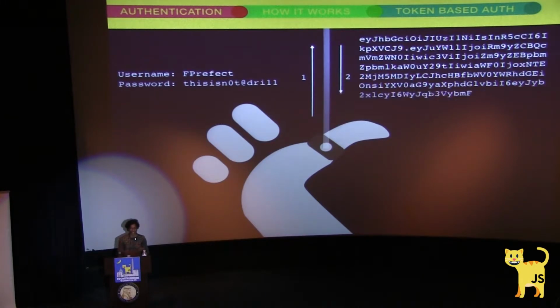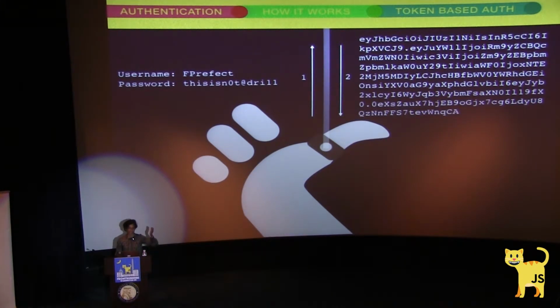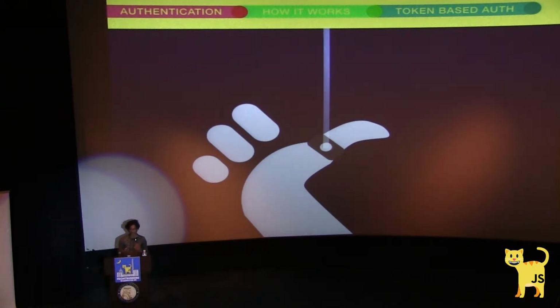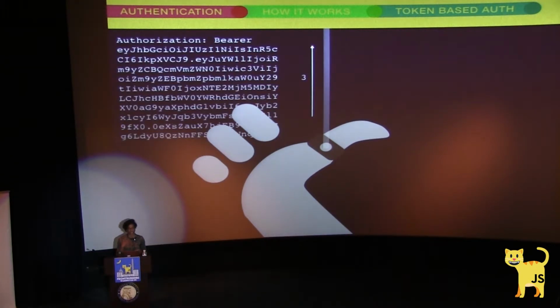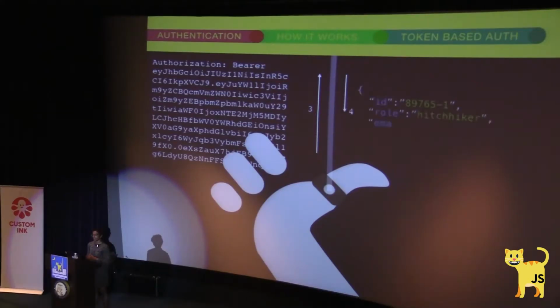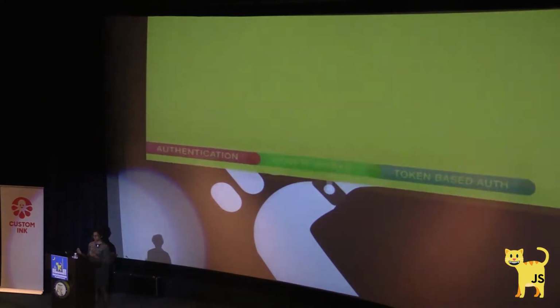And so the idea is that you're sending, again, the same username and password. You're posting that to the server. And then the server gives you a random string of text or characters, just random things. And then you can now use that in an authorization header. I'm not using basic. I'm using authorization bearer, which is just a general way of how you pass tokens. And then the server responds in kind with some extra JSON and stuff, which is pretty cool.